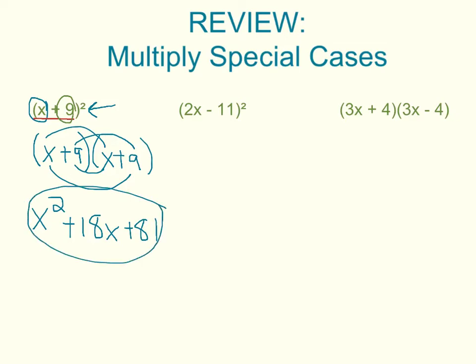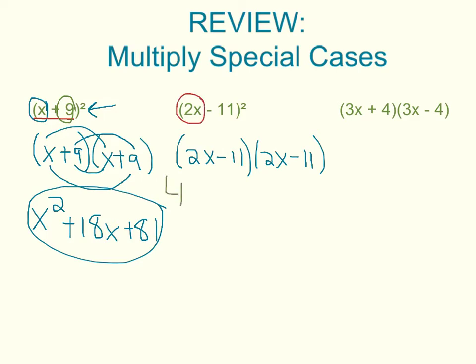The second special case is almost the same, except we have a subtraction sign instead of an addition sign. And once again, when you have a binomial squared, you can write it out twice, 2x minus 11 times itself, 2x minus 11, and then FOIL. Or if you use the special case, once again, square the first term